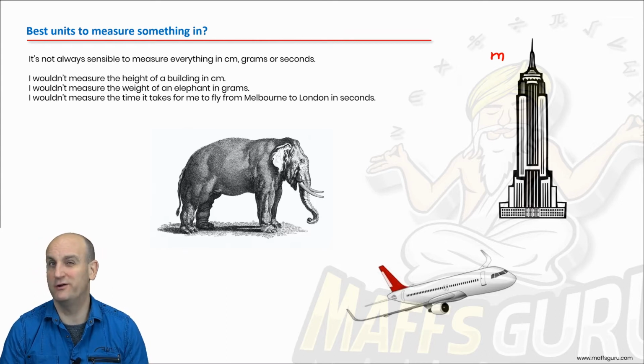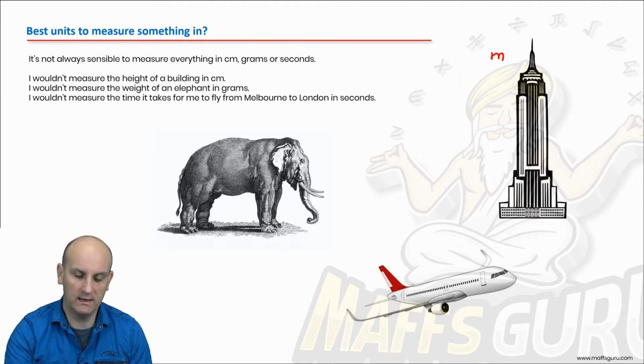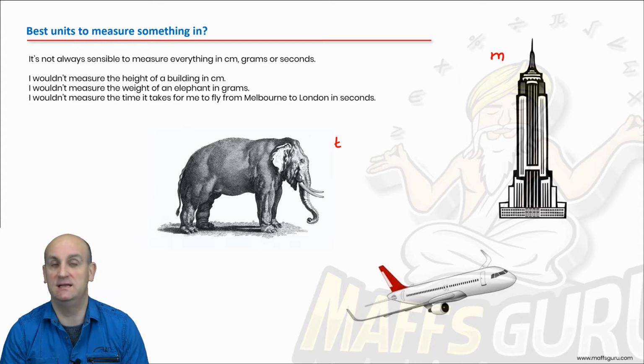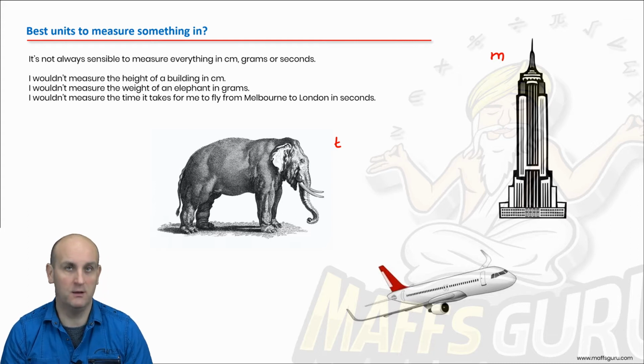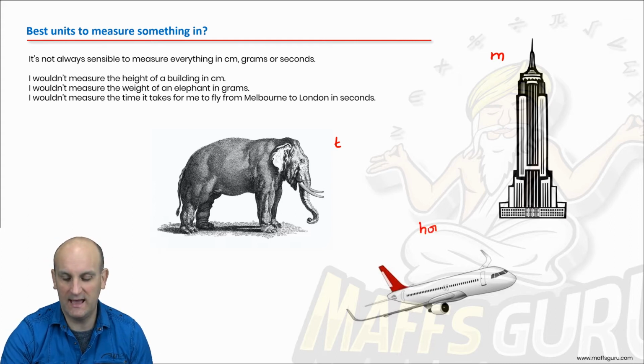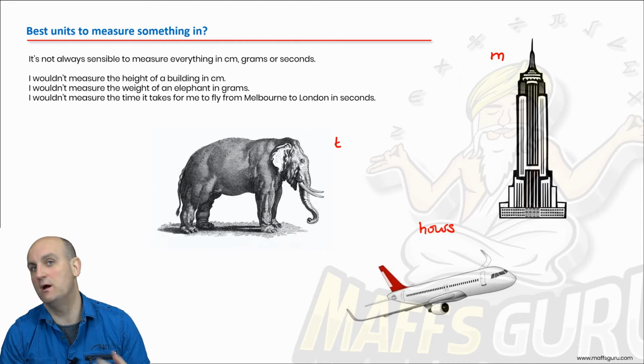Weight of an elephant, grams? Probably not. Kilograms? Possibly. Tons? More likely. So for example, we could measure that in tons. What about the time it takes me to fly in seconds? Probably not. Minutes? Probably not. More likely to use something like hours to measure the time it's going to take me to fly from here to London,